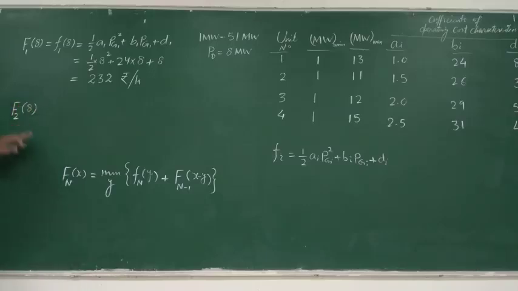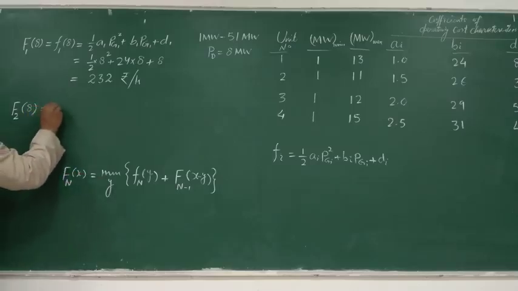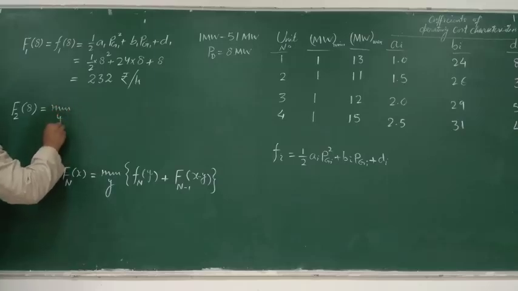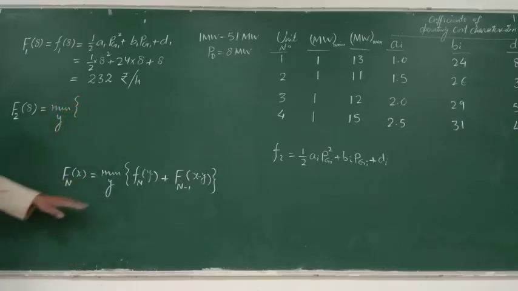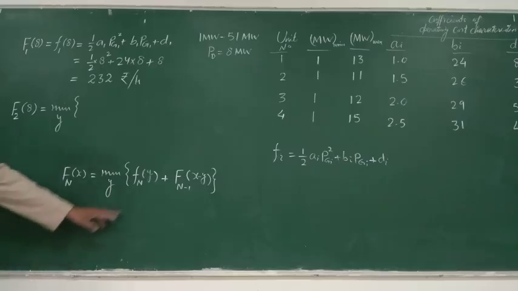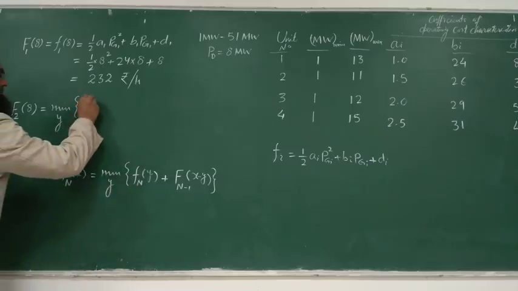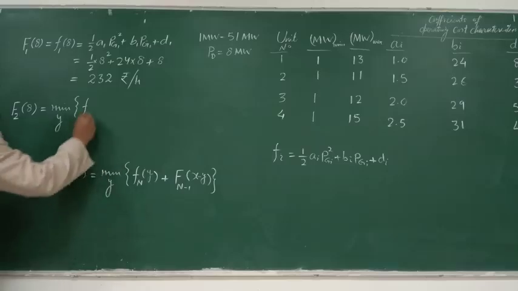You know this formula, it will be min over y, and what is n? 2 here,